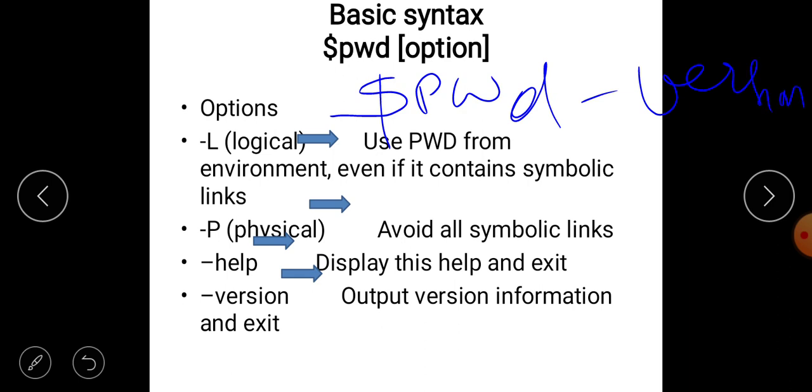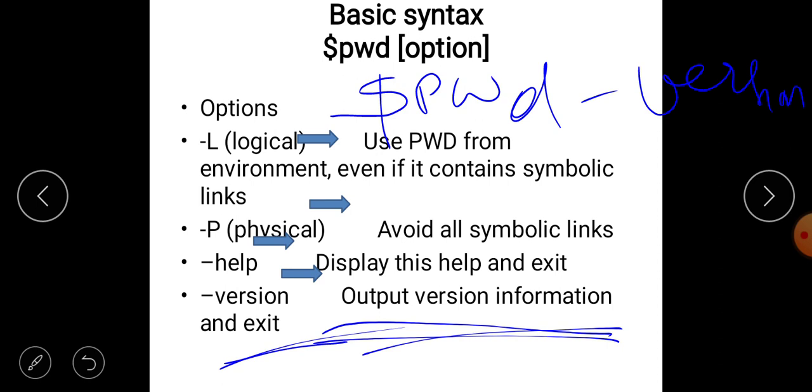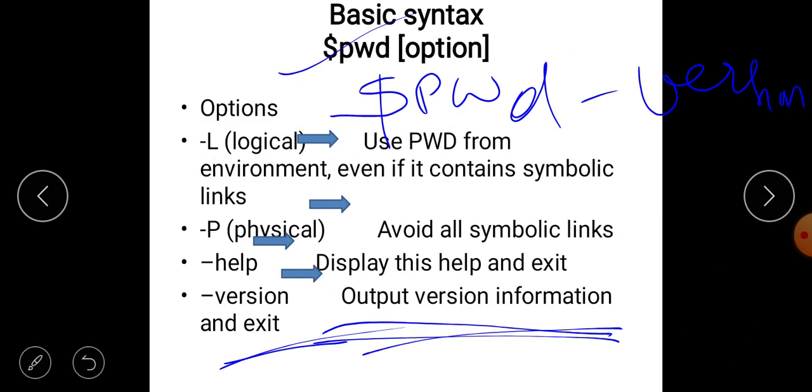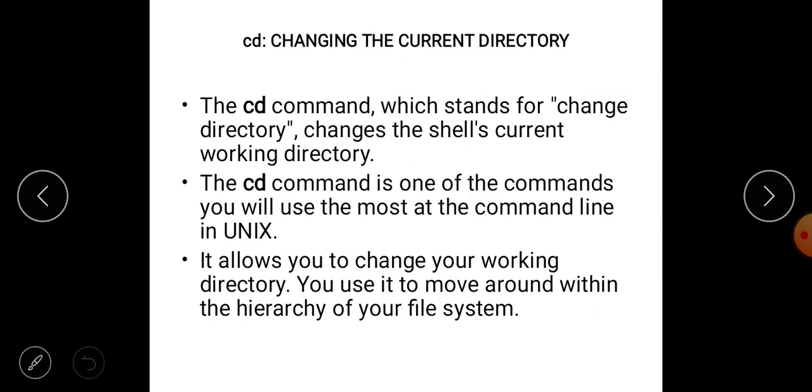It outputs the version information and exits. This is our pwd command. What is the pwd command, and what are the options we use with it? One command is over. Next we move on to the next command, cd, changing the current directory.